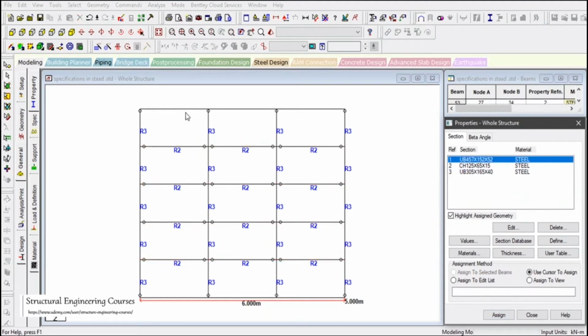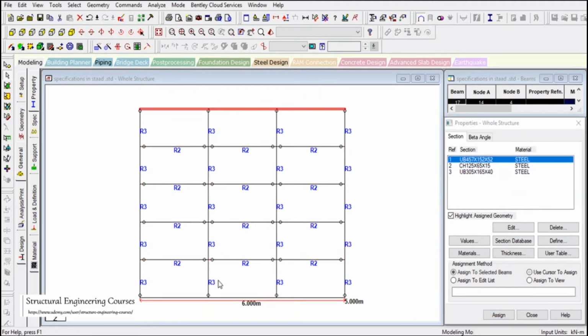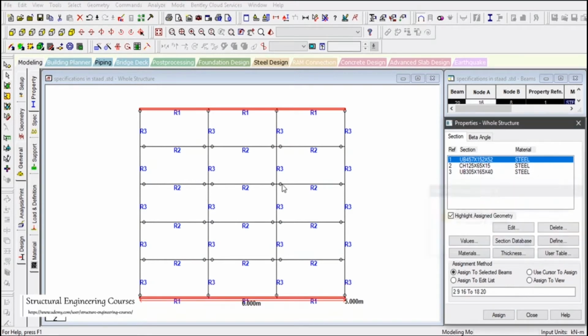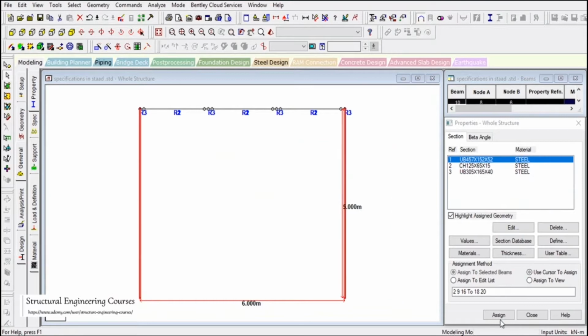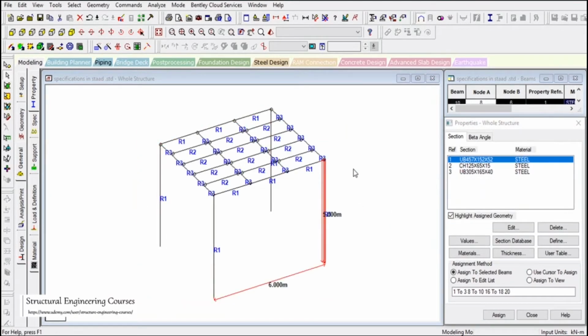And this member can be selected as the main portal frame member, or main moment connection member. And after that, we can select the column size also the same as this member. So now we have assigned properties to all the structural steel members.